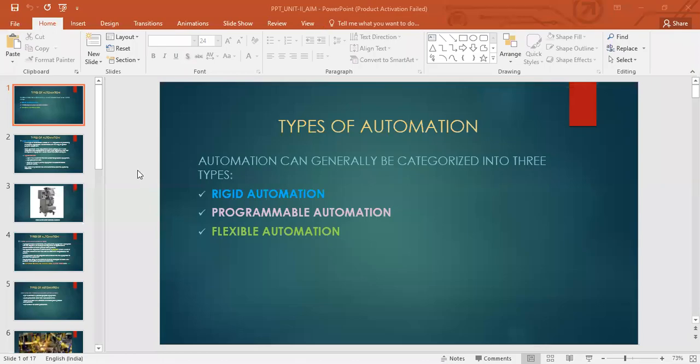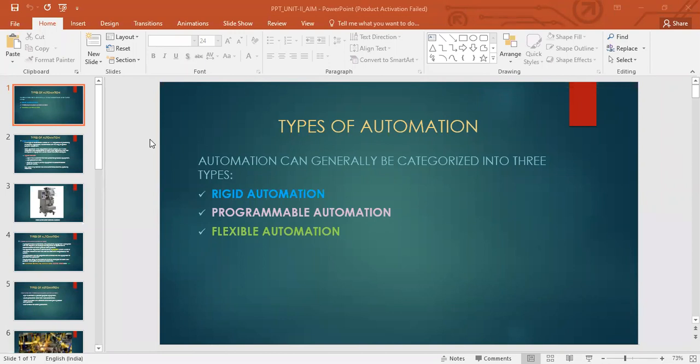Okay, so in the last class we ended the first unit, right? That CNC adaptive control is what we saw, right? We are starting with the second unit. So firstly, we'll see the types of automation, right? We have already discussed rigid automation. Remember in unit 1, we discussed rigid automation that appeared in unit 1.